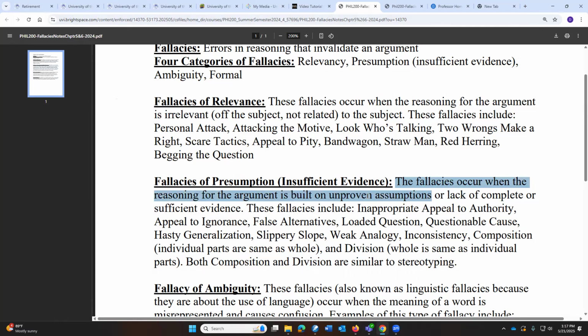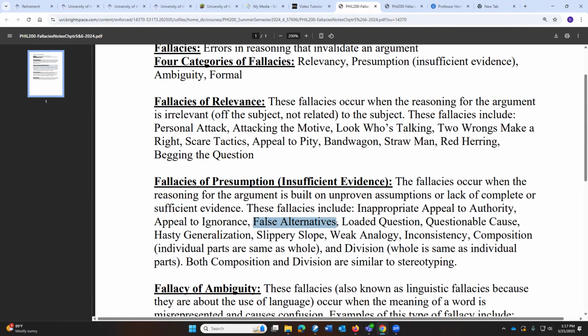You said something, but you really haven't proven that that's the case, or there is a lack of complete or sufficient evidence. You're jumping the gun, getting to your conclusion before you really have enough reasons to get there. They include the inappropriate appeal to authority, the appeal to ignorance or lack of knowledge, false alternatives, not really getting